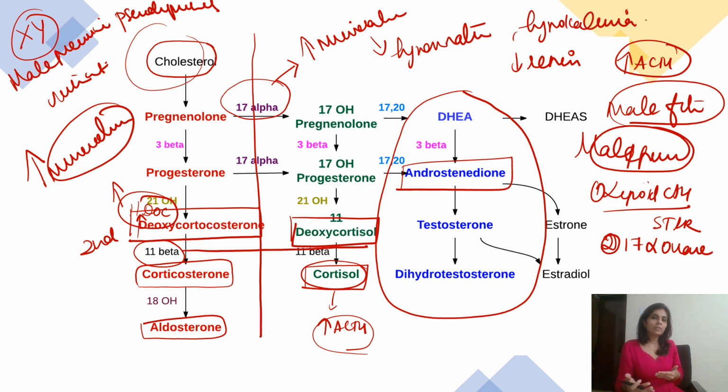So, what will you observe clinically in 17 alpha hydroxylase defect? A genetic male presenting as a female, okay, or a female with hypogonadism. Whereas in the relatively common 11 beta hydroxylase defect, what you find is, because in this condition excess androgen is produced, there will be male precocious pseudopuberty and female pseudohermaphroditism.